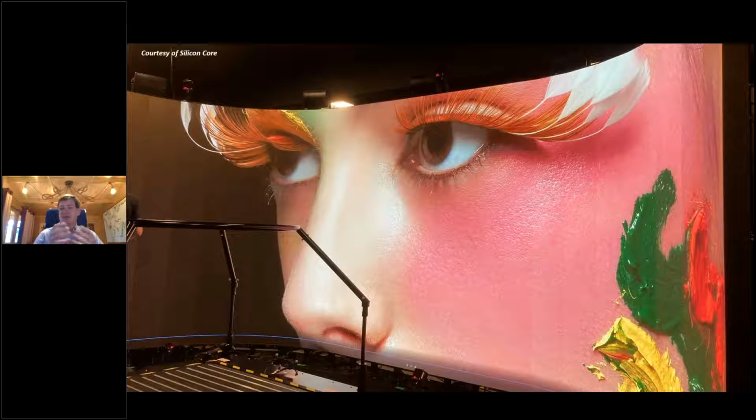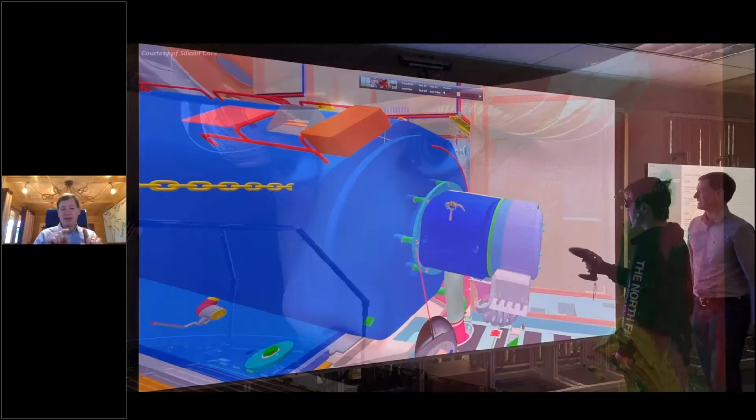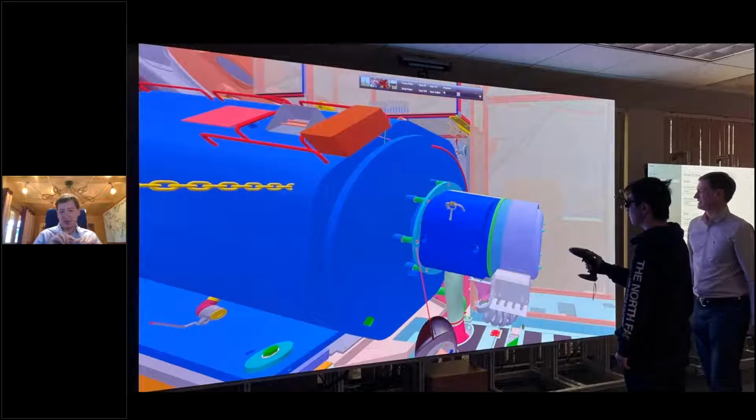And screens don't suffer from the same ambient light problems. So it means you can work in full daylight. In fact, full sunlight. These systems are very, very capable. But most importantly, it's a space issue that's been solved,